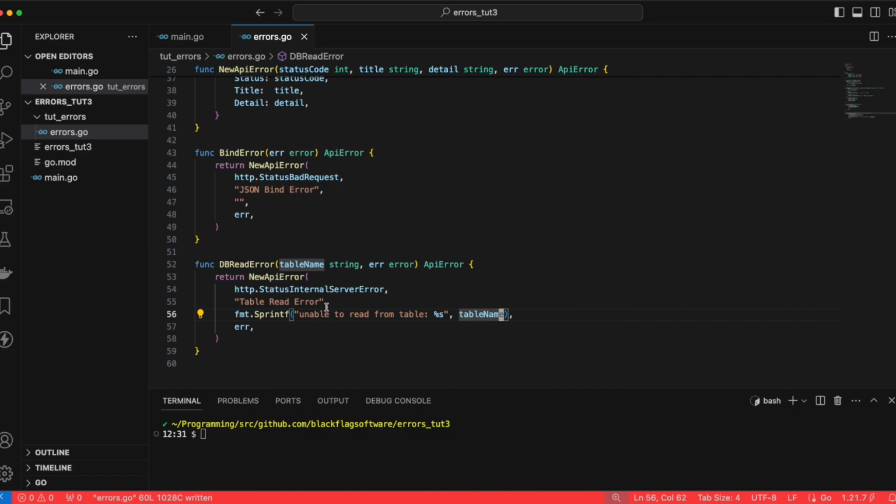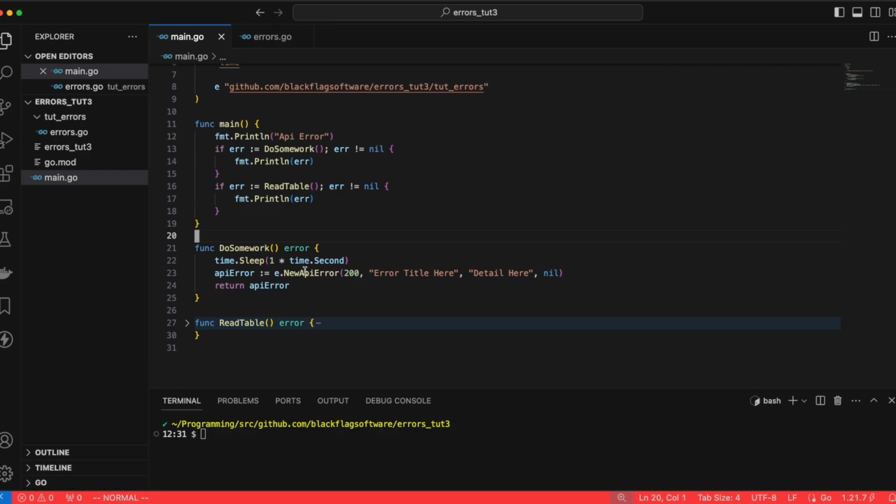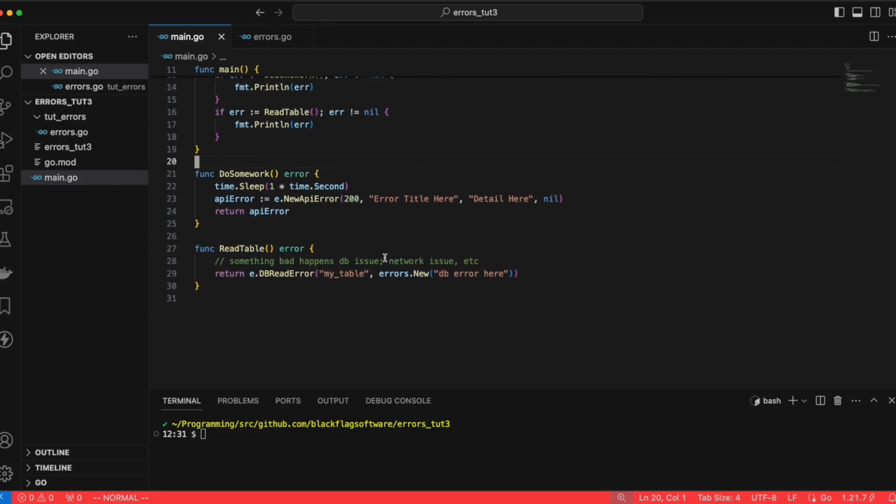And so with that, we can do some work, and then we can read some table, do some work. I'm just going to create a new API error and send in those things. But the read table is, something bad happened, and we're going to send back this error. So you just send back a new DB read error function, right? And whatever the return is, the return is an error. And I'm going to say my table, which is the name of the table I'm dealing with. And I'm just creating a new error. So if we go ahead and run this,